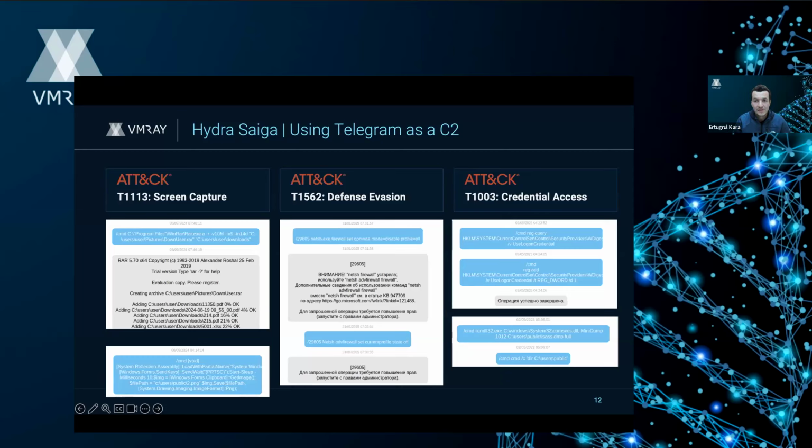You can see some techniques facilitated by use of a Telegram bot. Screen capture is one of them. You can see here some commands that are sent via Telegram. Then also a topic we covered in these webinars, disabling Windows Defender as a defensive agent.